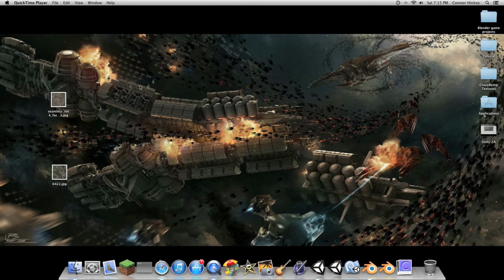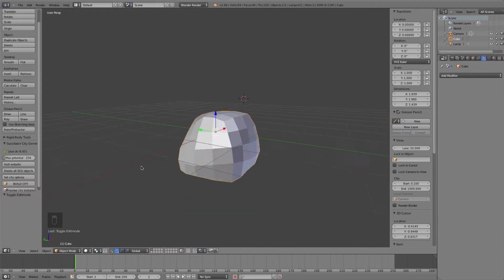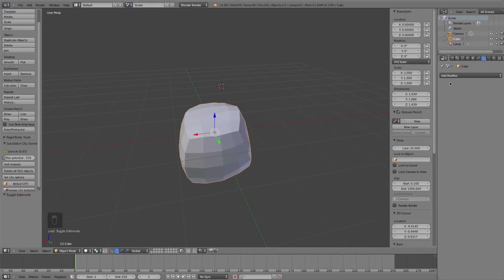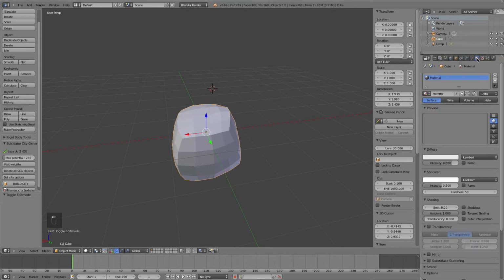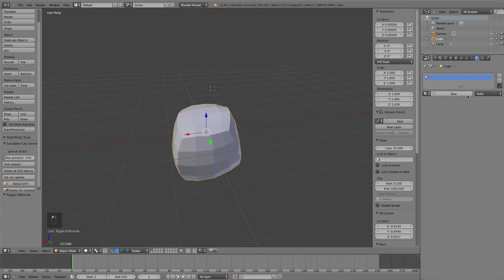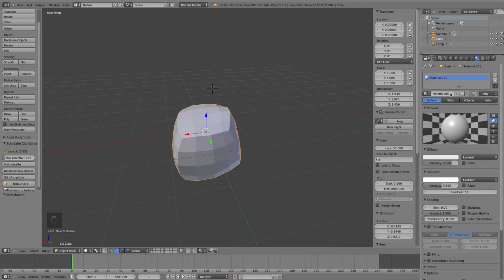Okay, YouTube, I'm back, and I have found 2 rock textures right here and right here. They have to be seamless. I just want to give you a heads up on that. And first of all, we're going to go back into Blender, and you see our rock here. I'm going to go into the Materials tab, and if there's no material there, just click New Material. It'll be there. I want to name this Rock Texture,